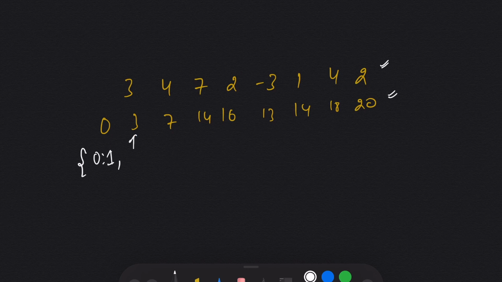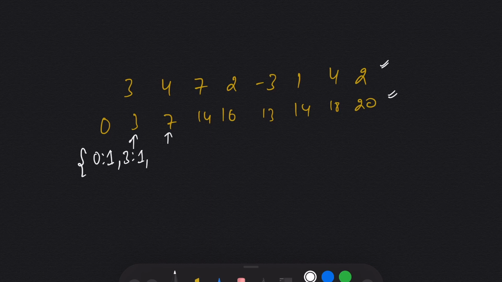I came here. What I will do is take the difference of 3 minus 7, which will be equal to minus 4. And we don't have minus 4 in our dictionary. So that means we will move forward. And I will add 3 to my dictionary, 3 with occurrence 1. I came here.